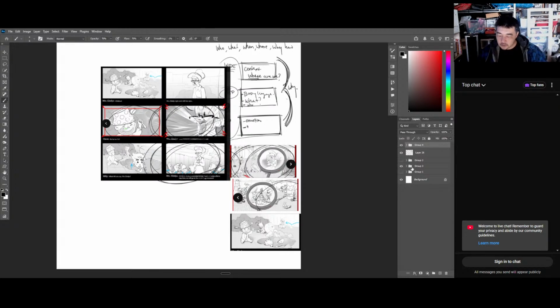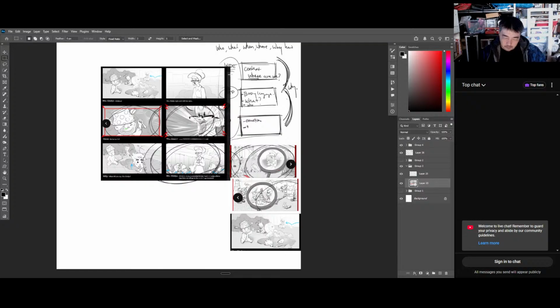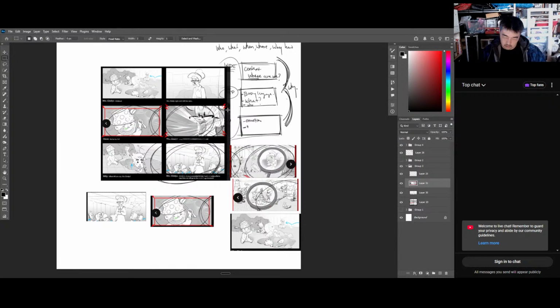So we got our wide. And now we go to our medium. Let's say this is our medium. I really like this shot. This is a really pretty shot. This is our medium. And then let's do our close-up shot, because this close-up shot is definitely showing us the emotion. And it looks like she's just fed up with all this.